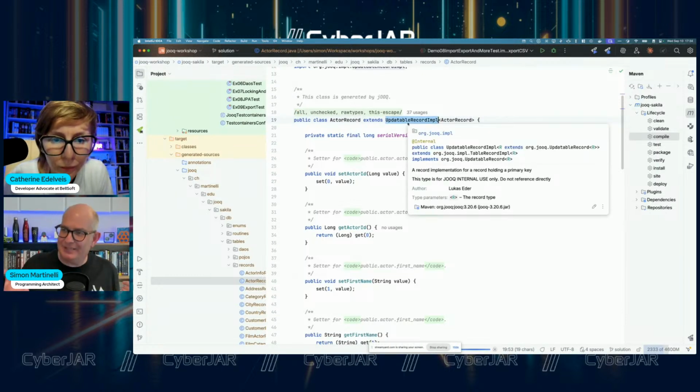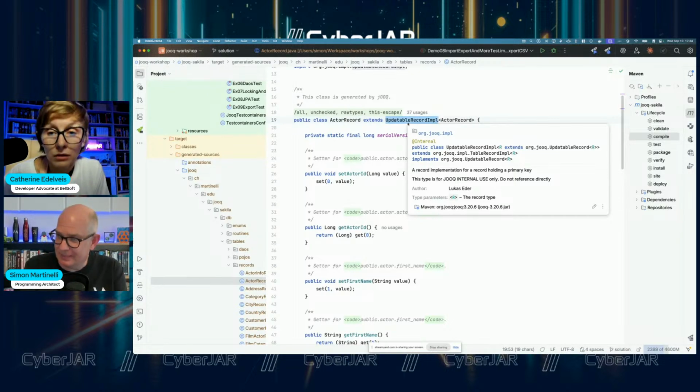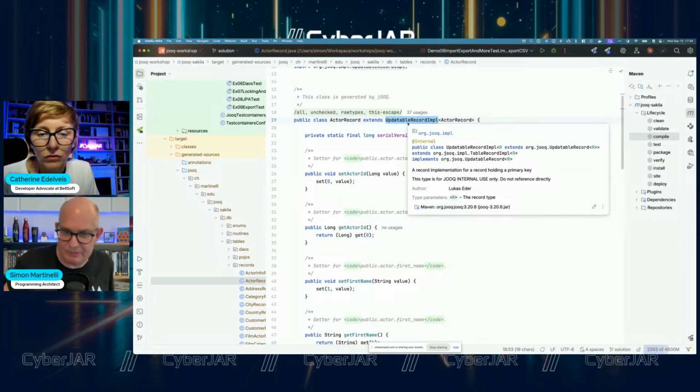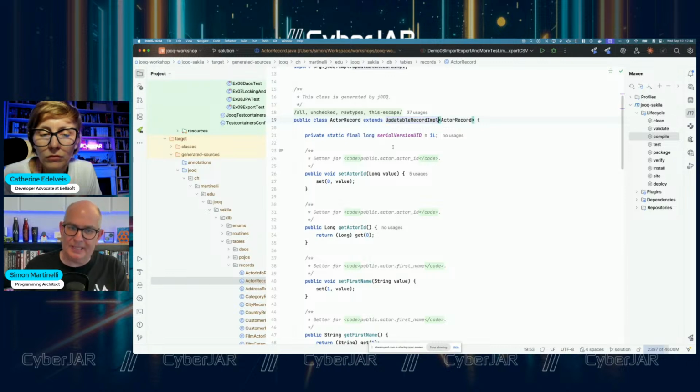So the active record pattern says you have a database record class, in that case, that can store itself, for example. If you maybe know Ruby on Rails, Ruby on Rails is heavily based on active records. They even can generate finders on the record itself, on the active record, because Ruby is a dynamic language, right? You can do whatever you want with it. That's not possible with Java. But here we have an updatable record that I can use to update the data.